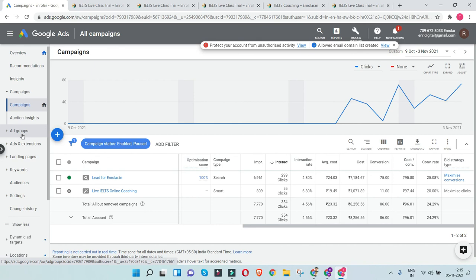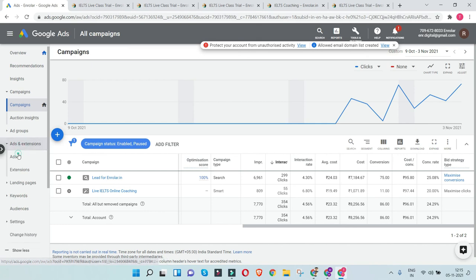then ad groups, by optimizing the keywords that you're targeting, by changing and altering the keywords that you're targeting, by altering the auction settings, by also adding some quick extensions to your ads, so that it gets more CTR, more click-through rate, because the more options you provide on your ad, more number of audience you're targeting. So there can be multiple types of audience, so you never know what kind of audience would like what kind of ad copy or what kind of action item. So having these extensions helps you understand which are the different areas where people are mostly interested in.